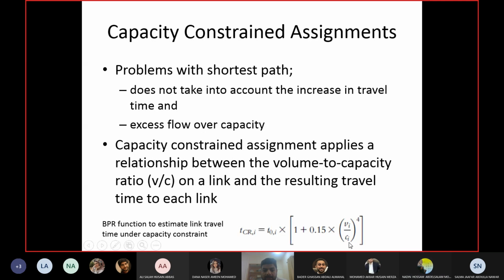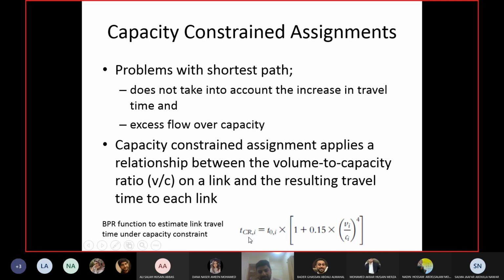Anyways, this organization has come up with this method. So T naught is the travel time in free flow conditions, and TCR means the travel time in capacity restrained conditions. So you put the volume here after you assign the volume. After you assign the trips to your link, you put the volume over here and recalculate the travel time.